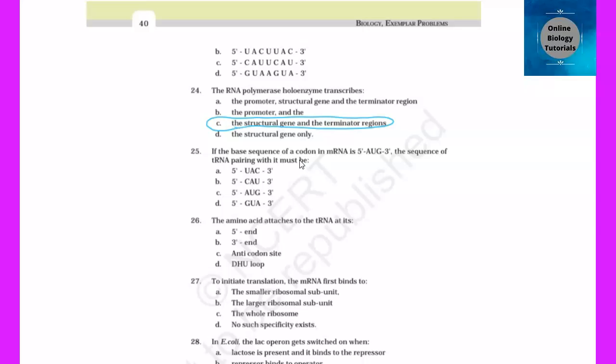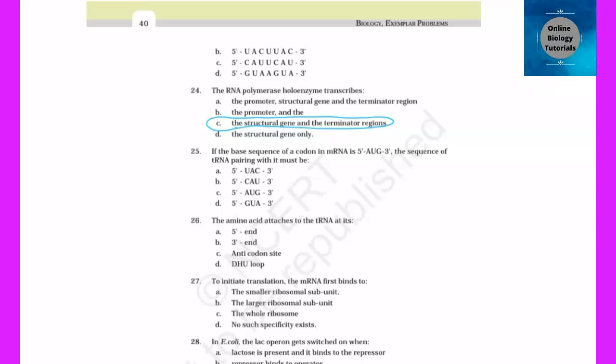Now it depends upon RNA polymerase. It could take the help of Rho factor, which is a protein. In that case, the termination will be known as Rho dependent termination. If RNA polymerase is not seeking the help of Rho factor, it will be Rho independent termination, right? Please modify your answers if you have earlier marked option D as the right answer.